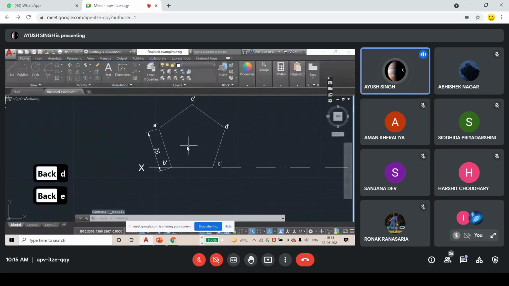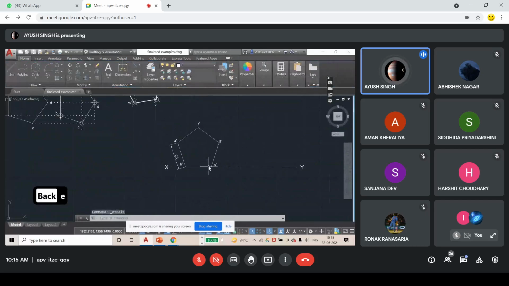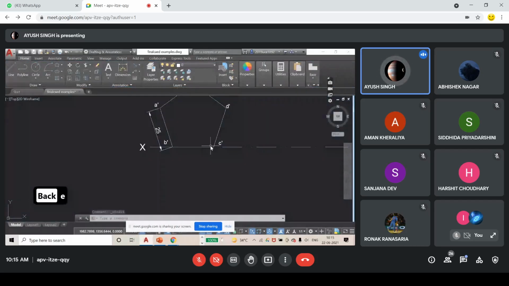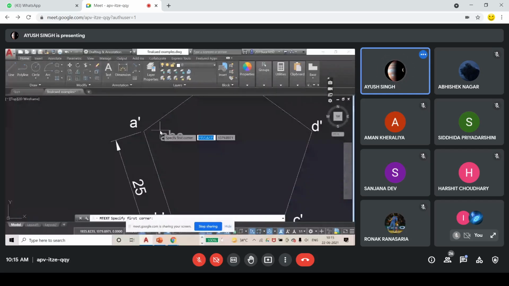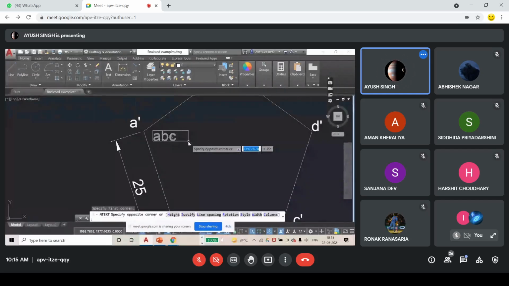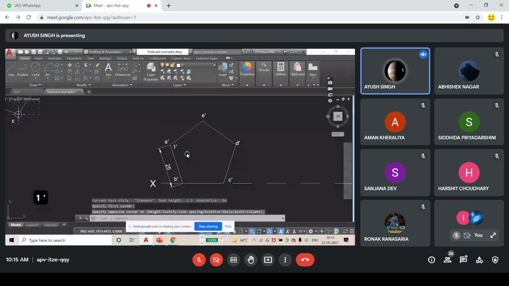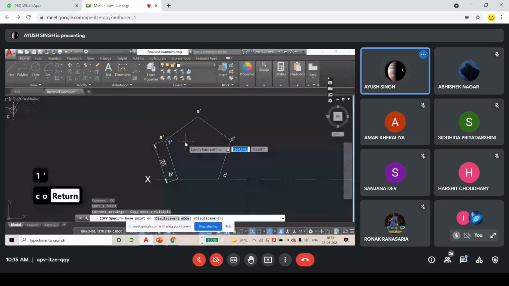So here is my pentagon, and I also want to mark the behind, so I want to mark 1, 2, 3, 4. So here is my 1 dash. I just want to copy it. And 1 dash, 2 dash, 3 dash, 4 dash.